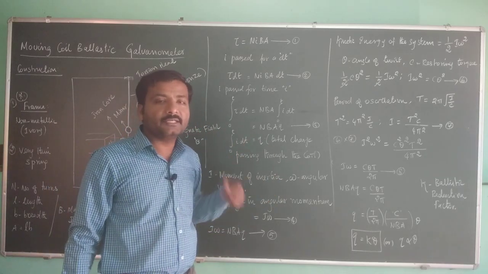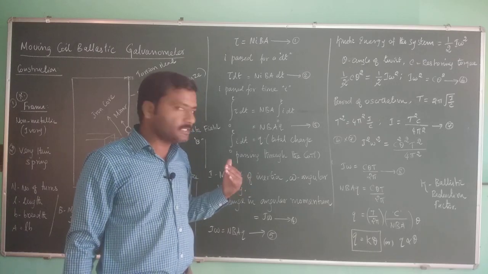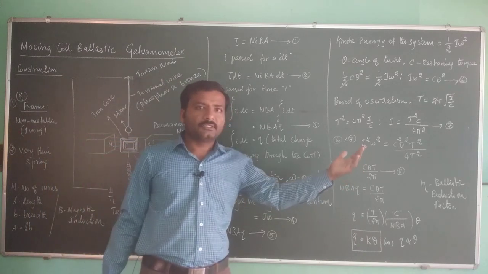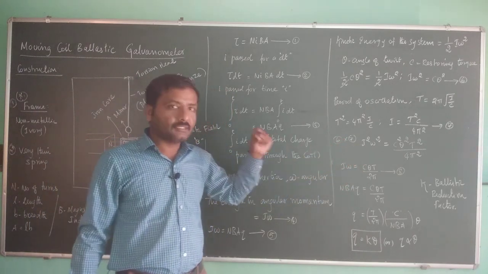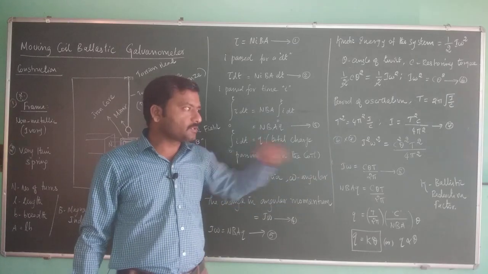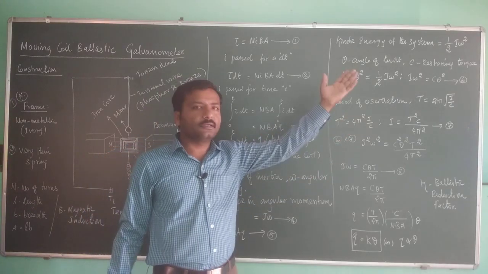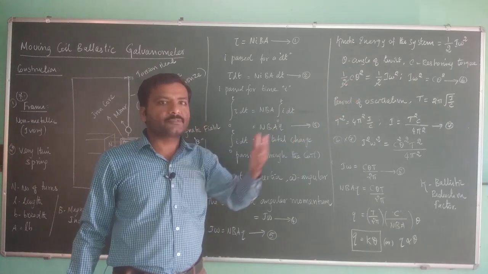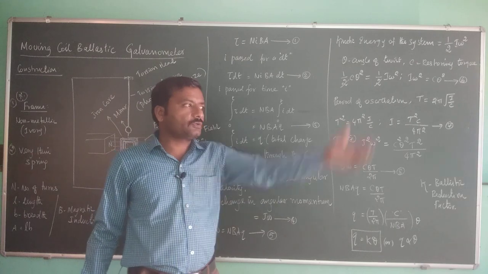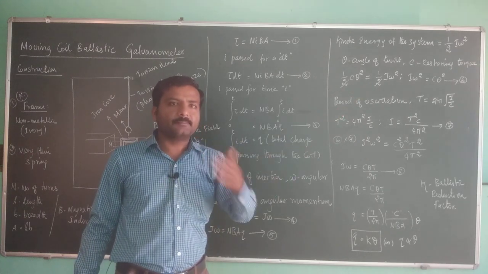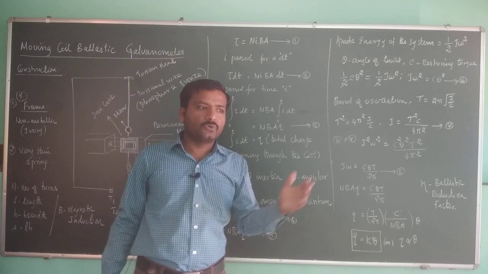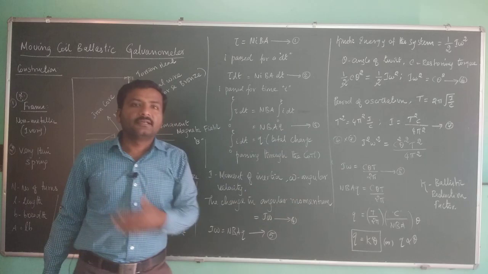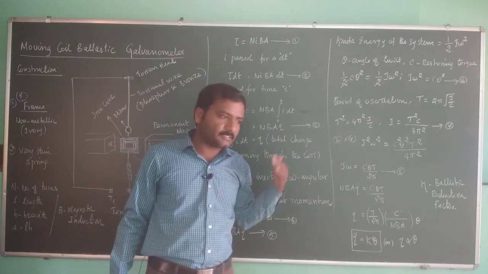and only in the metallic frame the coil is wound. But here, the frame is a non-metallic frame. So if you stop the current, what happens? The momentary current is passed, so that there is a throw, the light is moved to one extreme. Then if you withdraw the current, it slowly comes back and goes to the next extreme, then again goes and comes, which means there are back and forth oscillations, and slowly it will settle to zero. Essentially it has a large period of oscillation, and it is assumed that the